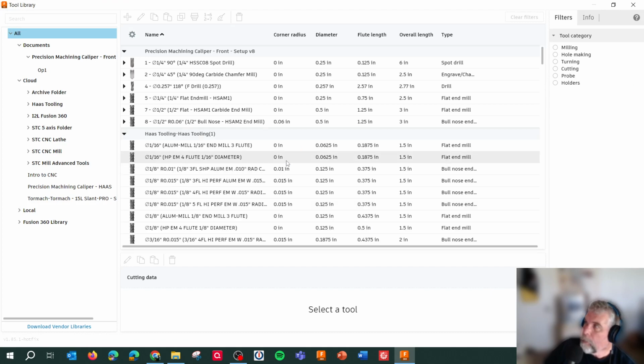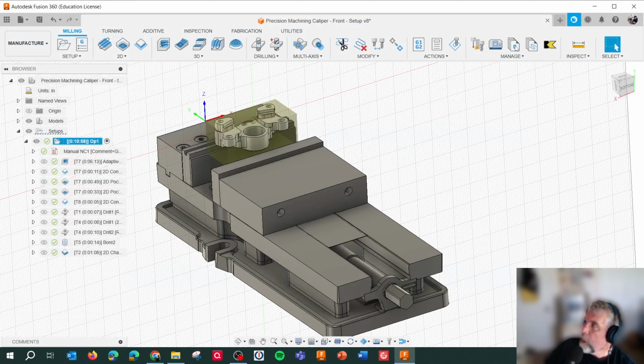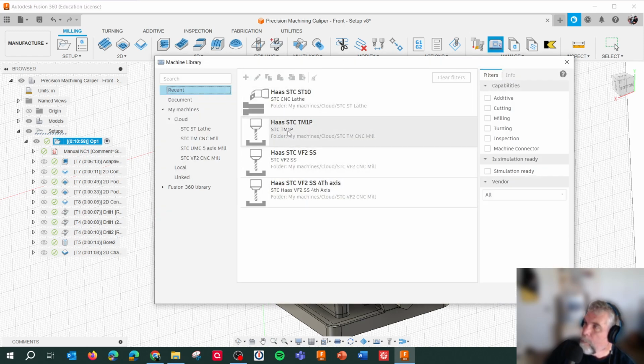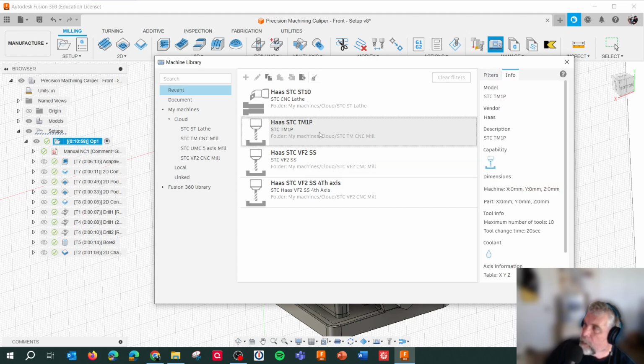And where are my machines now? Go back right here, machine library. All right, so I made these. I think these used to be available one time, but these are not associated with a simulation machine. But if I picked this one here, TM1,